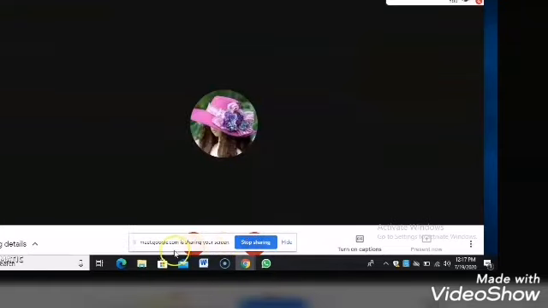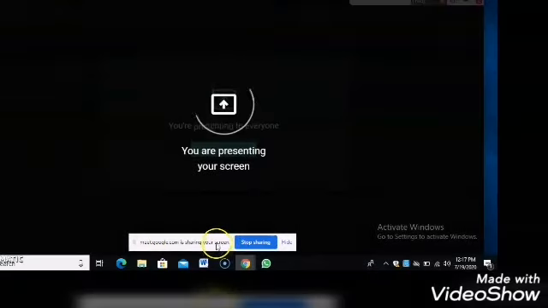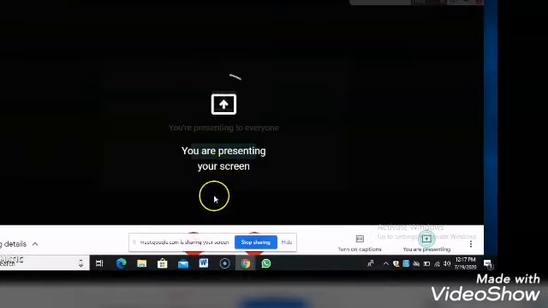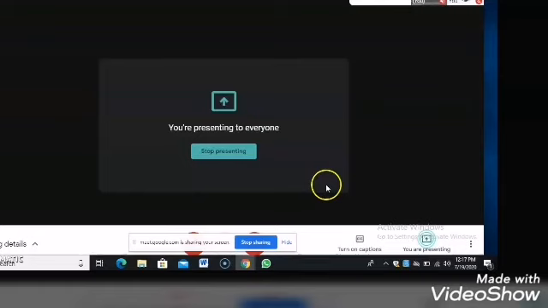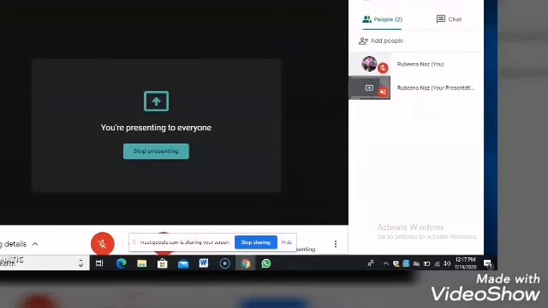So this part you can see that Google Meet is sharing your screen. In such a way you can see that my screen is being shared with my audience. You can see over here.